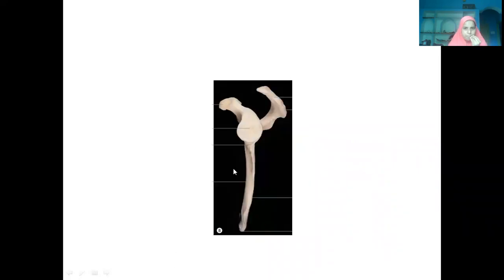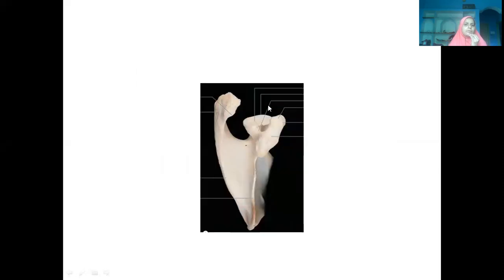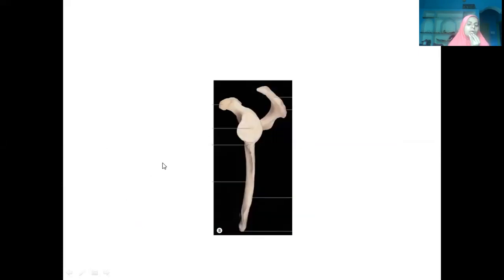Now in this picture you can see the glenoid cavity very clearly. Towards the glenoid cavity, this border becomes the lateral border, away from the midline. Then immediately above we have this beak-like projection, the coracoid process, and continuous with the spine is the acromial end and the acromion process. So if you have understood the bony features thoroughly, it becomes easy to check the points.